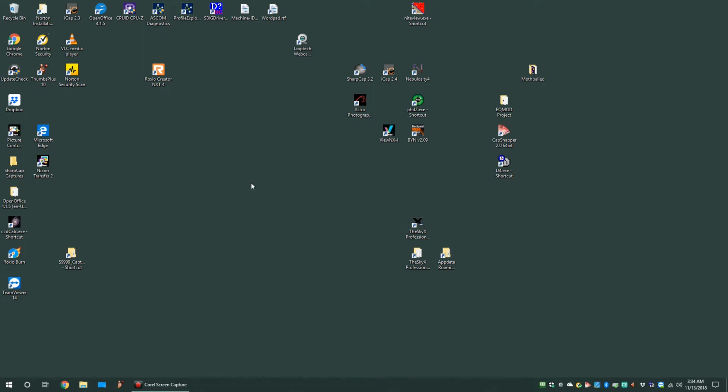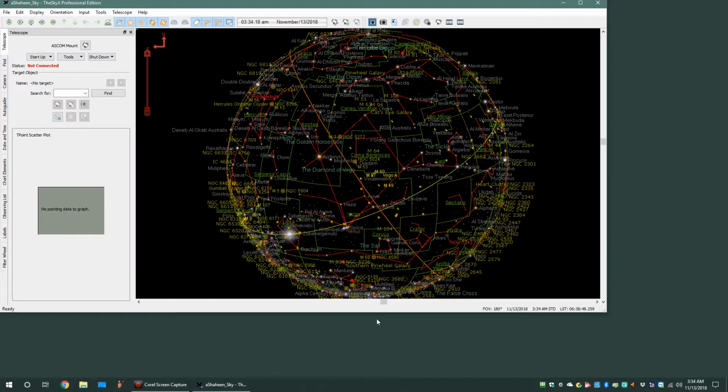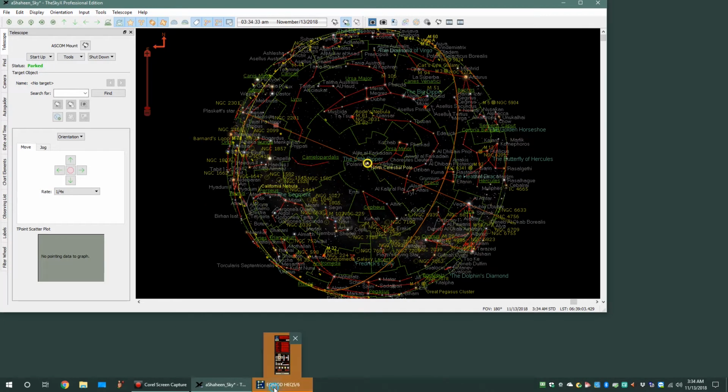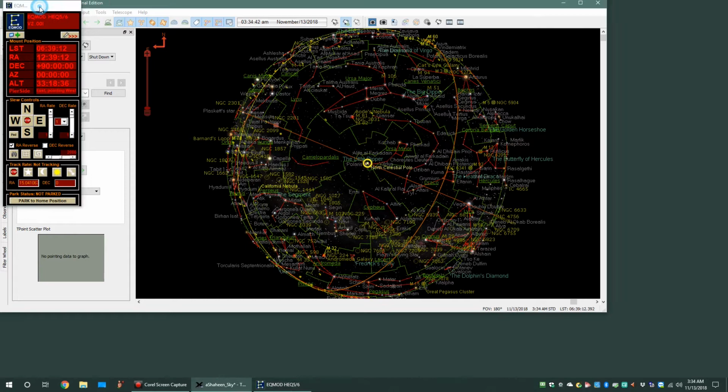So all I've started up now as far as software is the video capture, screen capture software. So we're going to begin by bringing up the Planetarium and Telescope capture software, which in this case is the TSX Pro by Software Bisque. And the first thing we do there is to connect the telescope. And here we see the telescope control under ASCOM. Okay, I'll unpark it while I'm here. It could just as well be unparked from